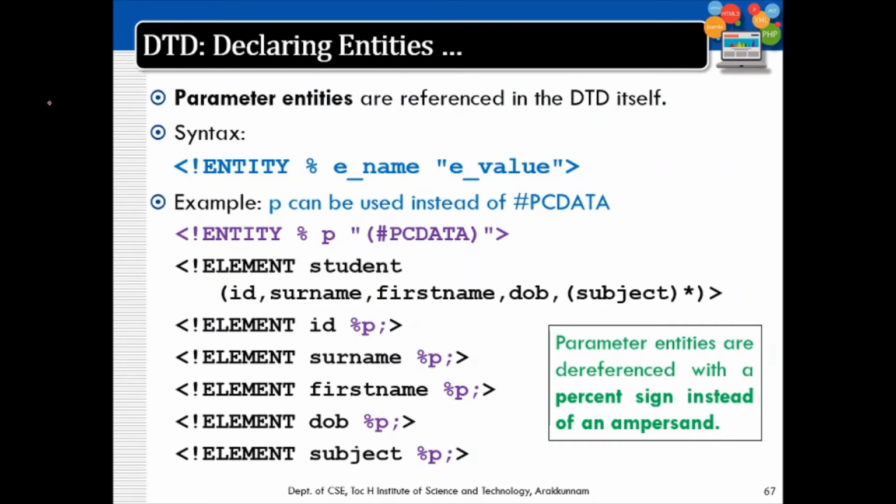Now the second type of entity, which is the parameter entity. The parameter entities are referenced in the DTD itself. They are to be used for the DTD itself. So already we have said it is to be preceded with a percentage symbol. So this is the format: ENTITY, percentage, space, name of the entity, and then within double quotes the value of